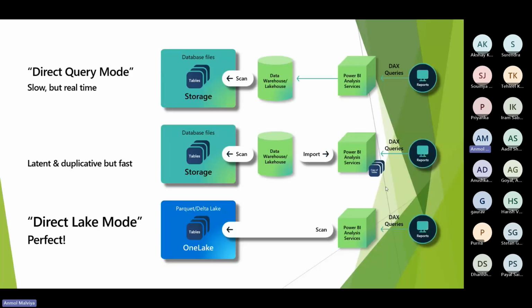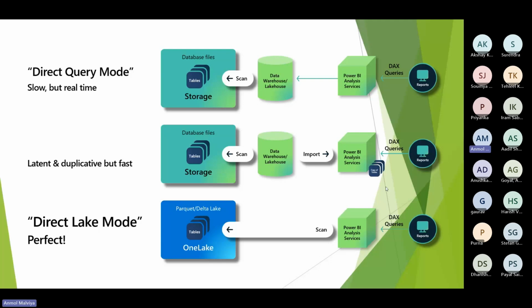Now there is a new feature, or we can say a new mode, introduced within Power BI, which is part of Microsoft Fabric. Earlier, if you remember, yesterday we discussed two modes using which we import data in our Power BI reports. One is import mode, and the second one is DirectQuery mode. In DirectQuery mode, data resides at the source itself, but we can query it using the Power BI analysis service. We can perform operations and get the option to see real-time data, but the process is a bit slow. On the other hand, with import mode the process is fast, but we have to duplicate the data, which causes additional data size. We have to create a new copy of our data.